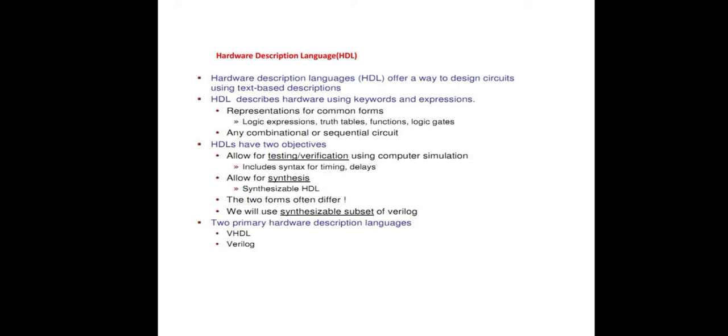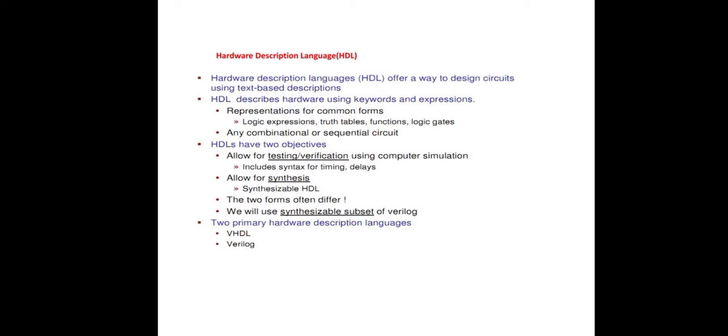Now, first, hardware description language, that is Verilog HDL. It is a way to design. It is a best description language, and HDL was accepted by the IEEE standard in 1995. Then the IEEE standard is the latest Verilog HDL standard. It represents the common forms of logical expressions, truth tables, functions, and logic gates. It is also used to find the equations of combinational and sequential circuits.